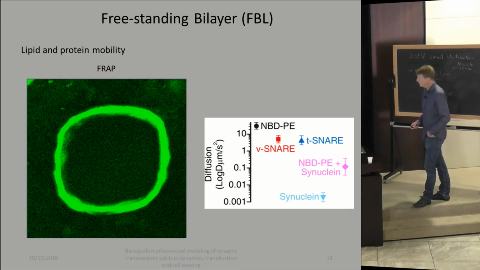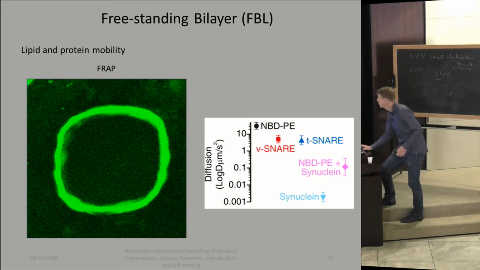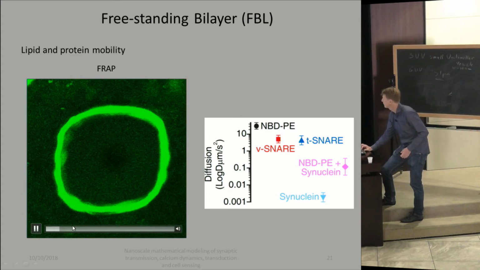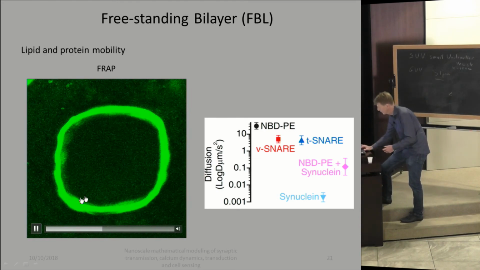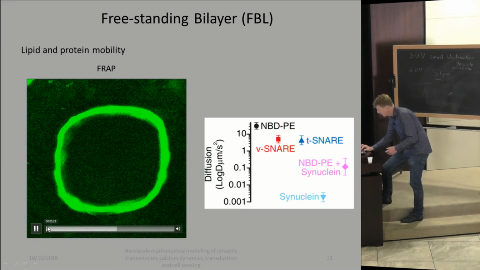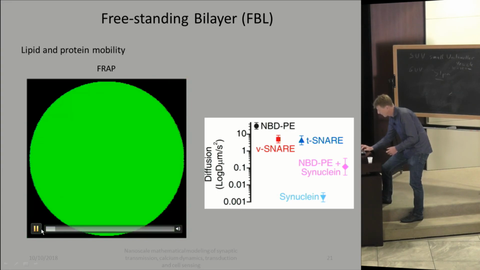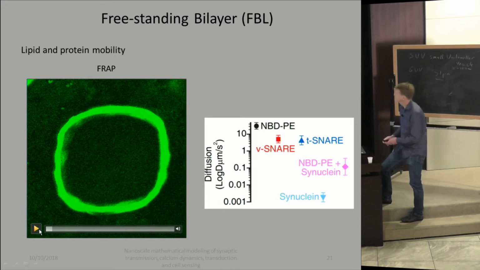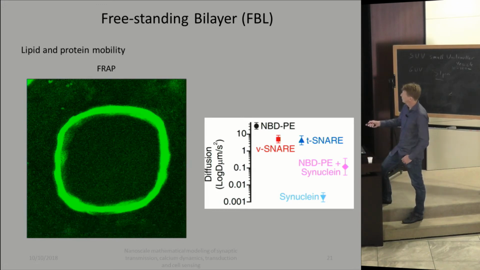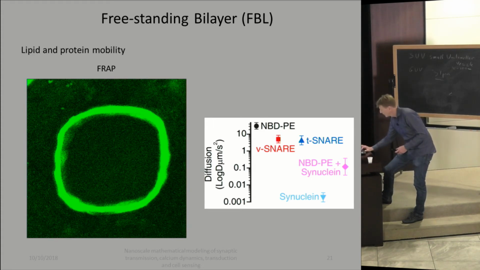Then we can check the mobility of the protein. So I'm not sure this movie will work, but yeah. Okay, apparently it is. So we don't see much. That's a fluorescence recovery after photobleaching. I'll start again, maybe. Okay, I stopped. I don't know if you see on the screen. I see, but okay. So initially it's uniform. What we're going to do is bleach a disc in the center and see that it recovers.